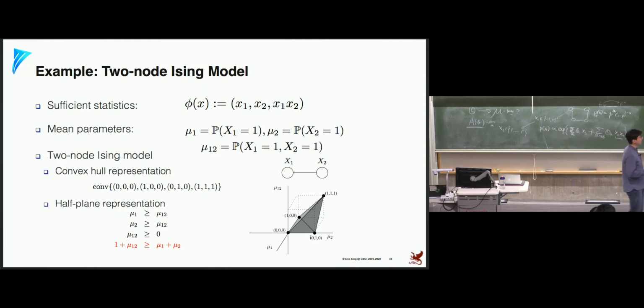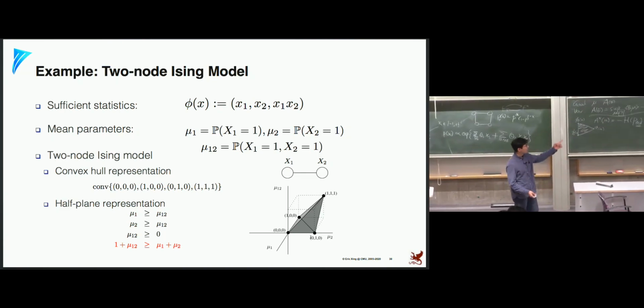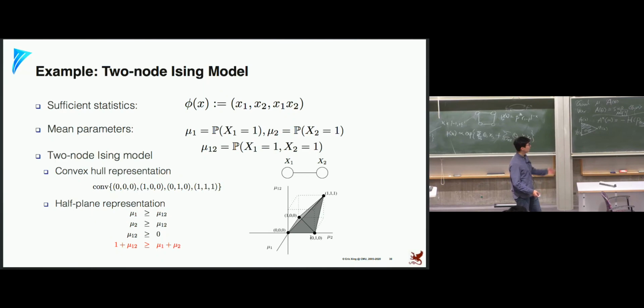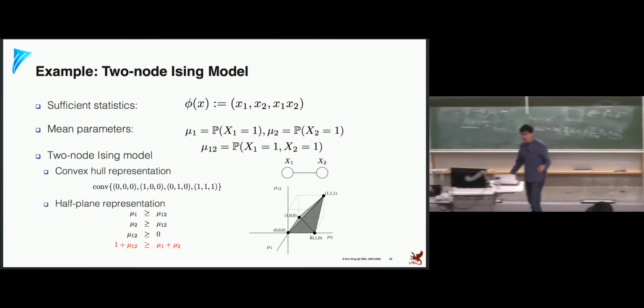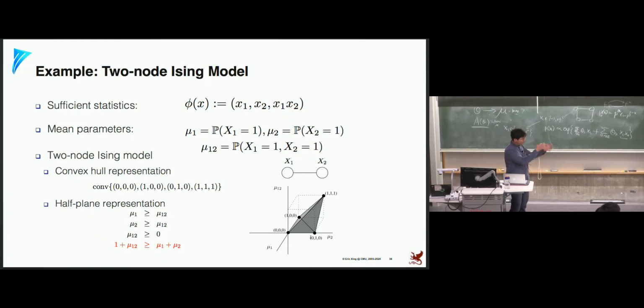In the two-variable case, everything is simple. Your sufficient statistic is just the marginal variables and then a pairwise term. And there's only 4 configurations that can satisfy this. If you put 0 and 0, then the third term is definitely going to be 0, right? So if you write those down, the extreme points are going to look something like that. And the realizable mean parameters of this 2-variable Ising model is just going to be the gray thing down there, and it can be represented as 4 linear inequalities.